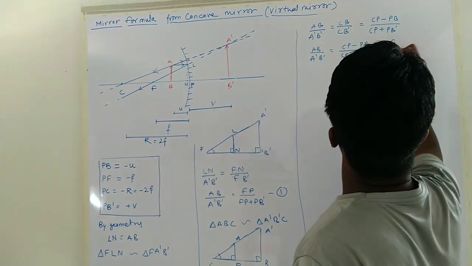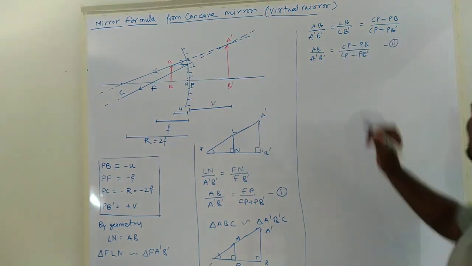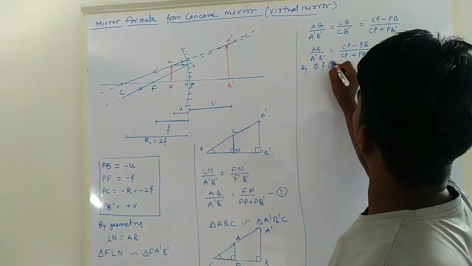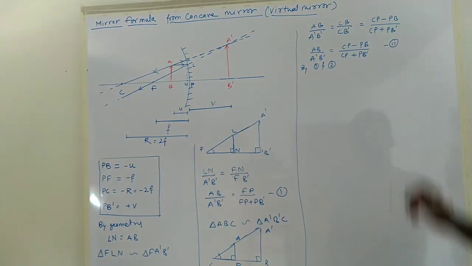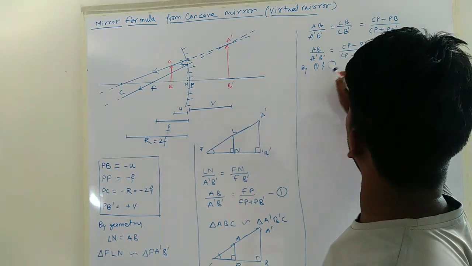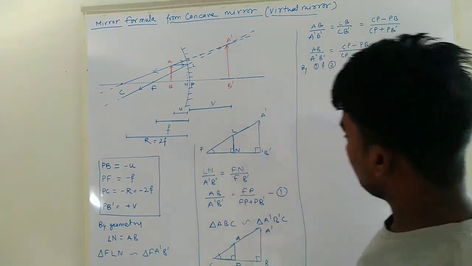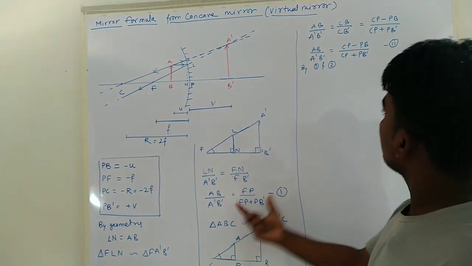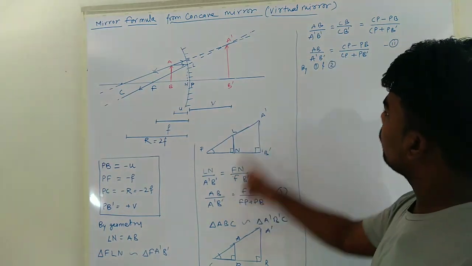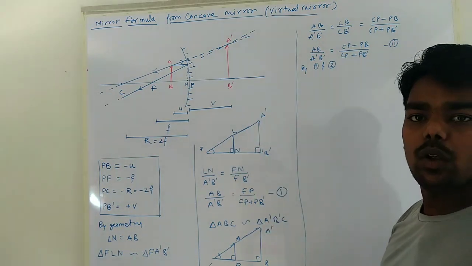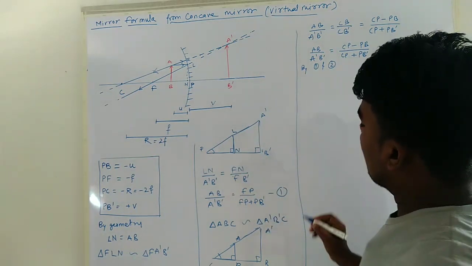This is equation 2. By equations 1 and 2, we can write both are equal to AB upon AB dash. So if the left hand side of both the equations are equal, then the right hand side of both the equations will also be equal. So I will write here